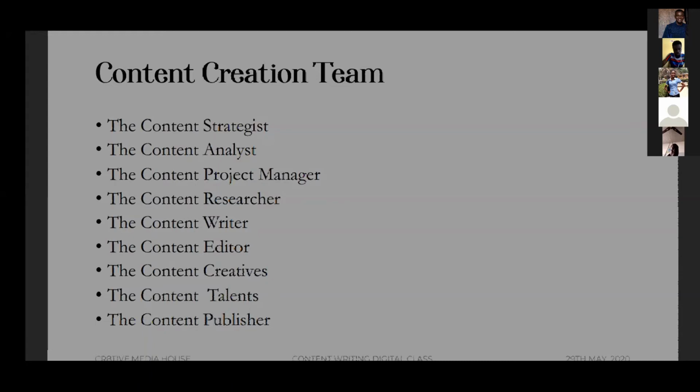Okay. So content researcher, then we now move to the one we are actually familiar with, or the one we are interested in. That is the content writer itself. So who is a content writer? A content writer is the person charged with composing articles or writing scripts for media. Now, this is like the bulk of the work.